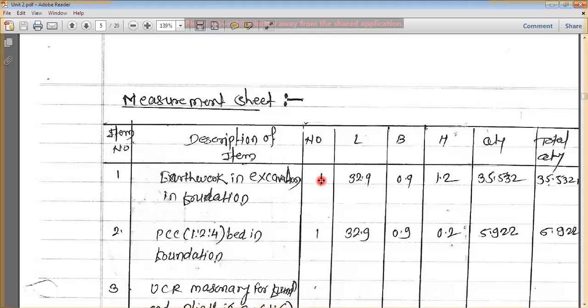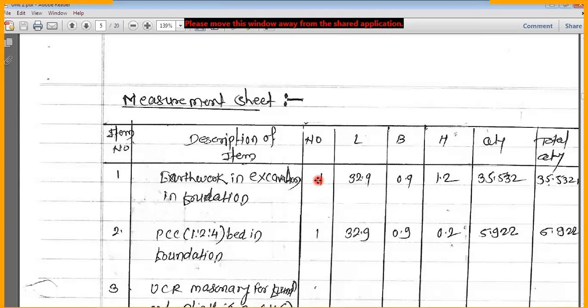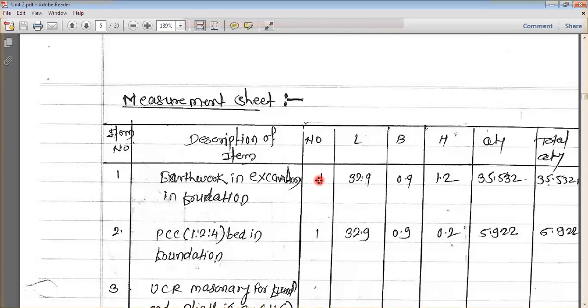ठीक आहे, मग एक्सकॅव्हेशन करताना because I'm going to consider the center to center distance, so directly whatever the plot area or whatever my built up area which has been there, I am going to completely excavate. Okay, the case may be different if you are dealing with the pile foundation or any other category of the foundation. We will discuss those things also, but for this particular time please remember earthwork in excavation आपण एकदाच घेतोय,